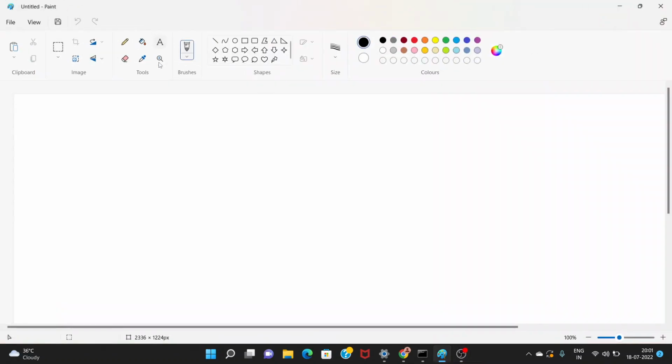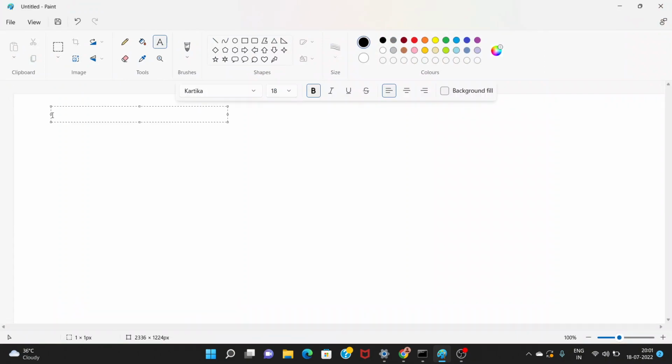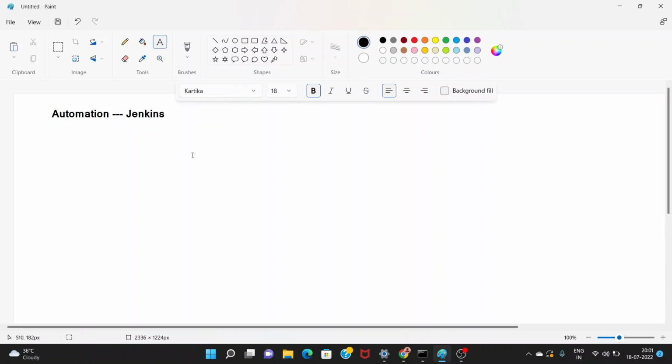So the topic is basically for automation people. It's important to understand what Jenkins is and how it works. Before starting this topic, I would like to throw some light on what the process is, because it's important to understand the process, and